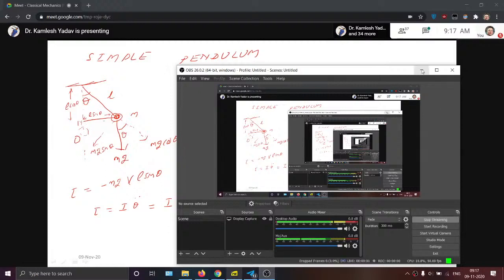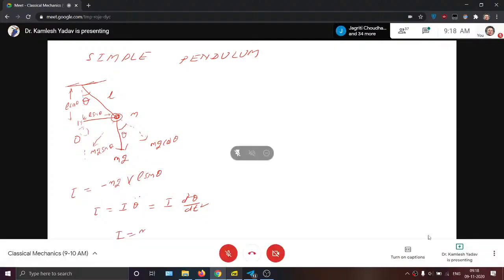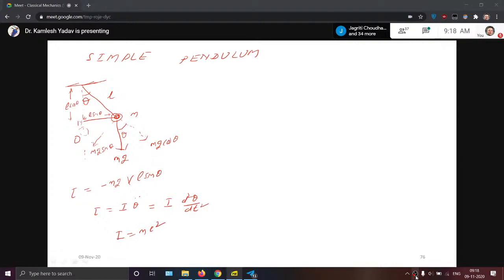That is rotating across this, and therefore due to this restoring torque acting on a particle. Now in this case we can write that the moment of inertia is ml square. Suppose we have a string of length L with a bob attached, and this is the axis of rotation. This is rotating across this. In that case, its moment of inertia is equal to ml square.